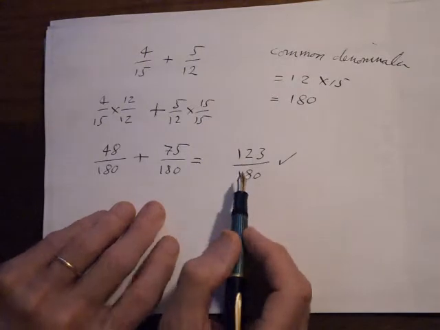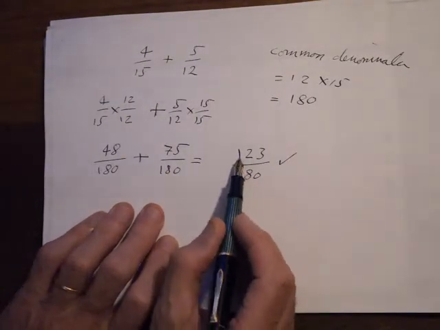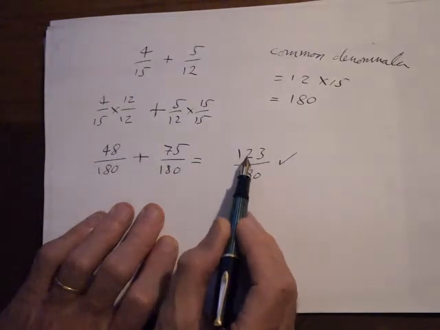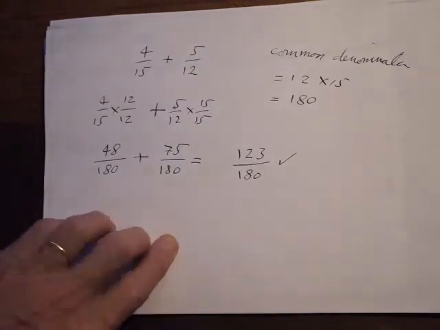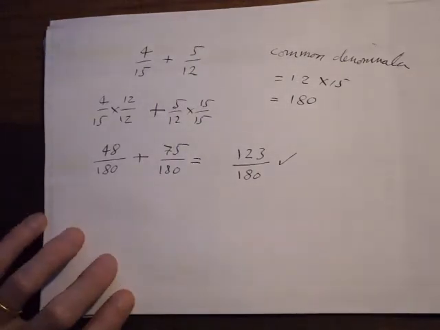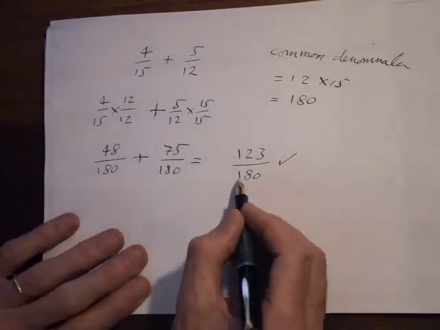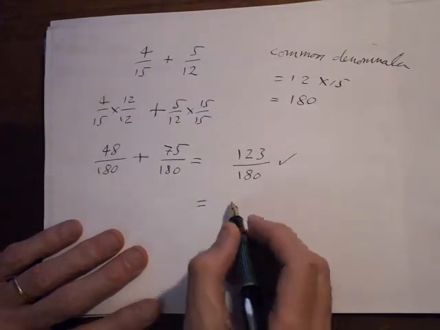And if you look at 123, one of the things you notice about this is it is divisible by 3. If you add the digits up, I think you know the thing, if you can add the digits up and get an answer which is divisible by 3, then the thing that you're looking at is itself divisible by 3. So we can divide top and bottom by 3, and that means that is equal to,